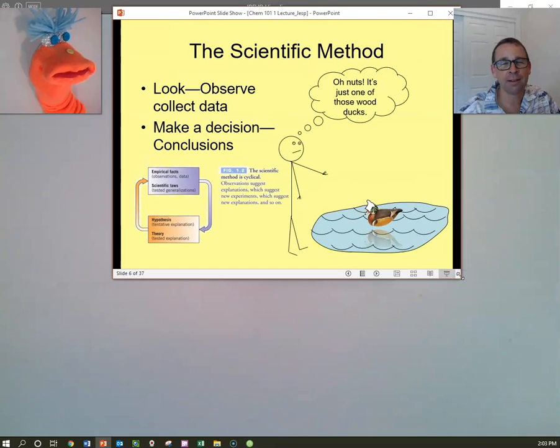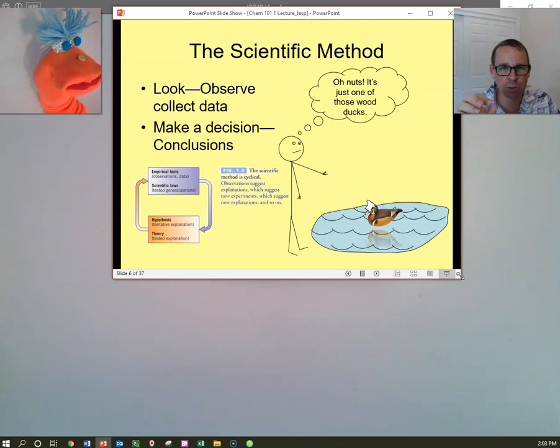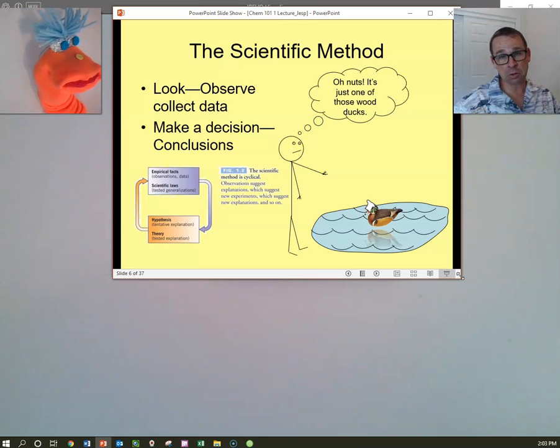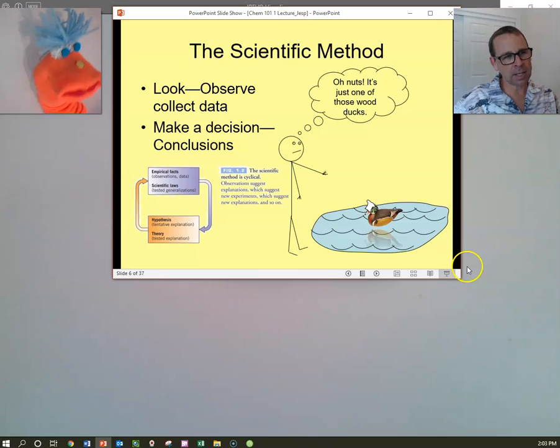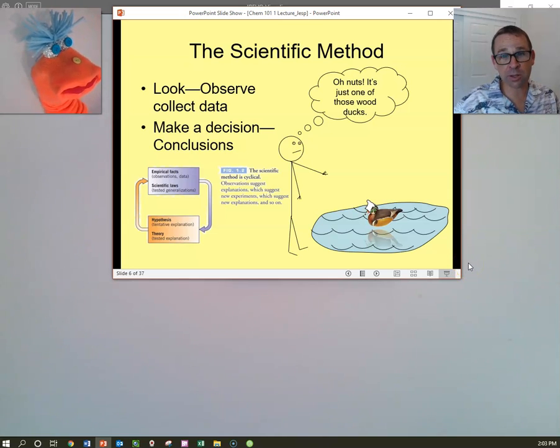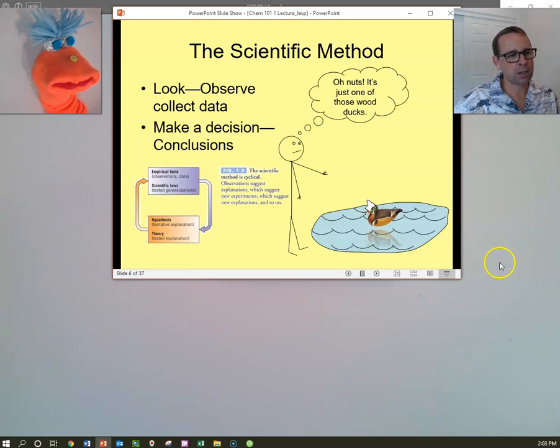A theory is usually a collection of ideas or a strongly based understanding of a concept, and we sometimes think of the word theoretical like, oh, it's still kind of tenuous, or nobody knows if it's real or not. But in the case of chemistry, usually theories are very close to laws. Okay, so